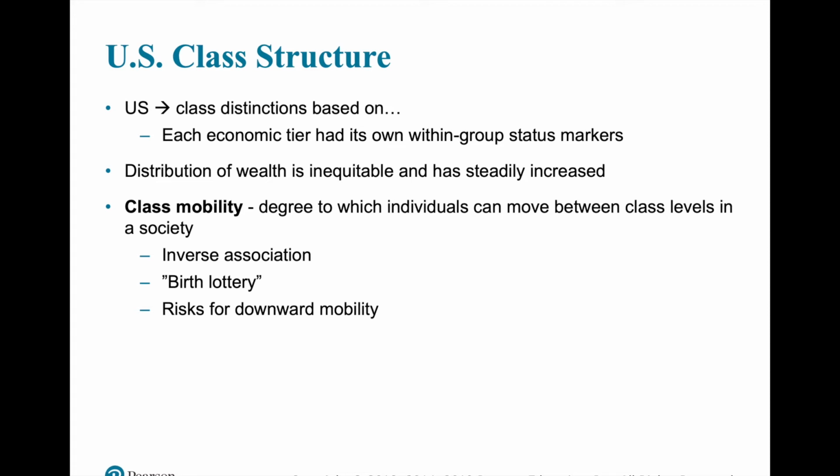So class mobility, that's the degree to which individuals can move between class levels in a society. So typically we think of this as someone moving up the ranks. So there's an inverse association here between inequality and economic mobility at the country level, excluding the United States. So we have the birth lottery. This is the idea that geographic areas with better residential racial integration, income equality, public schools, and family stability facilitate